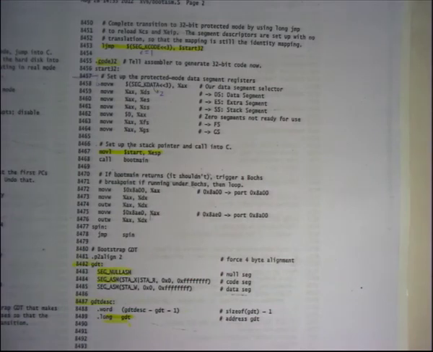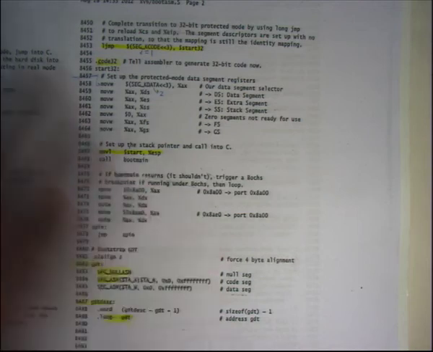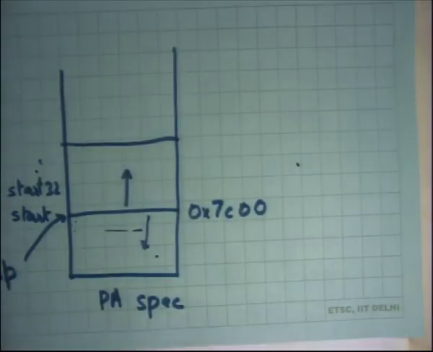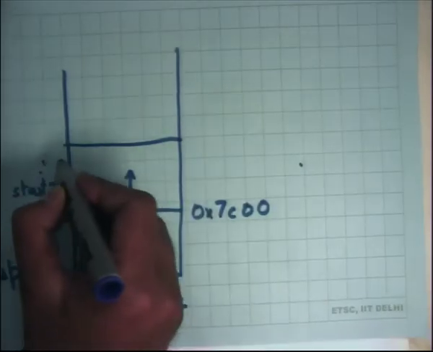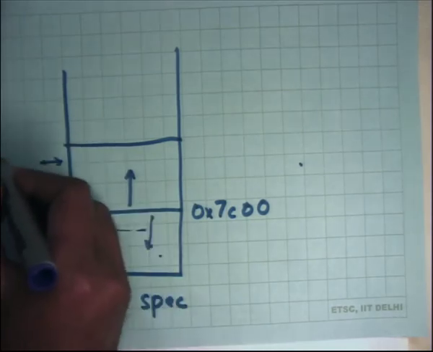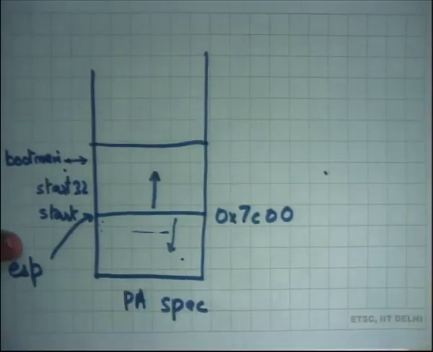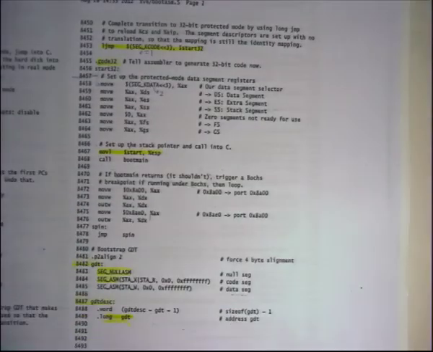Where is boot main living? Where did this boot main come from? We have executed the first few instructions in assembly. Programming in assembly is difficult, so let's write the rest of our code in C. So the rest of the boot sector has been written in C. So boot main is also living in the boot sector somewhere, somewhere here in this space itself, and the linker has appropriately arranged for it to be at that address. The code for boot main is on the next sheet, sheet 85.